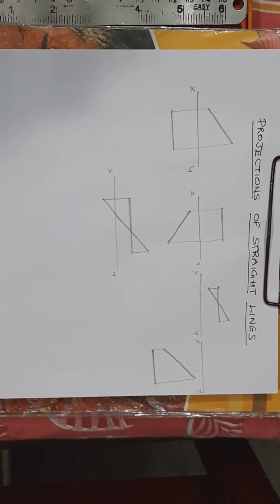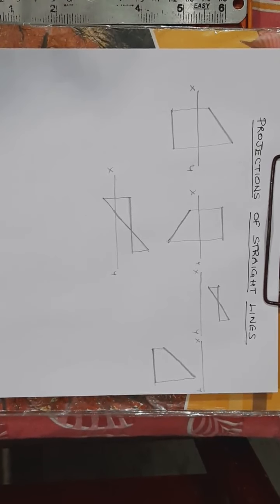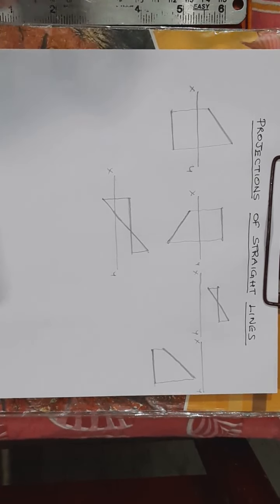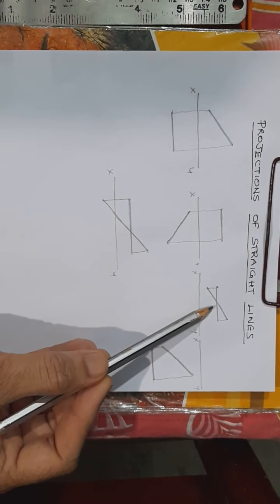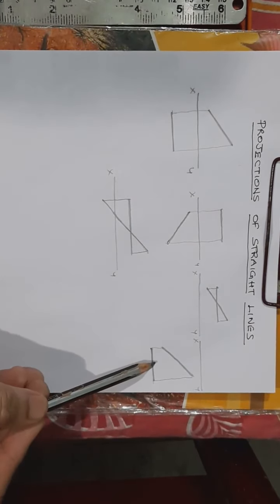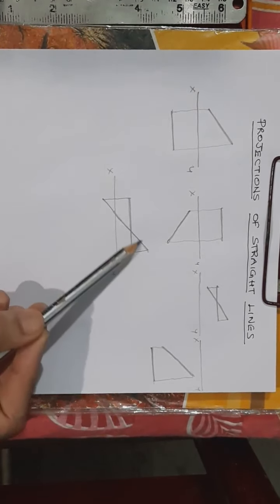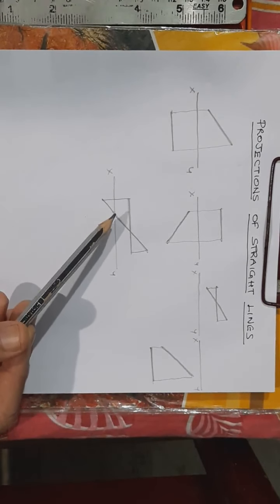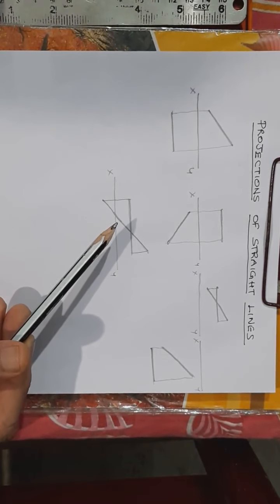Suppose if I start naming the ends of these views, you can find out in which quadrant this line is lying, because as we know, if the front view is above xy line and the top view is below xy line, that means it is in the first quadrant. And if both of them are above xy line, the line is lying in the second quadrant. If both of them are below xy line, that tells us the line is in the fourth quadrant. And if one of the views crosses, that means the line is crossing the quadrants, or its ends are lying in two adjacent quadrants.